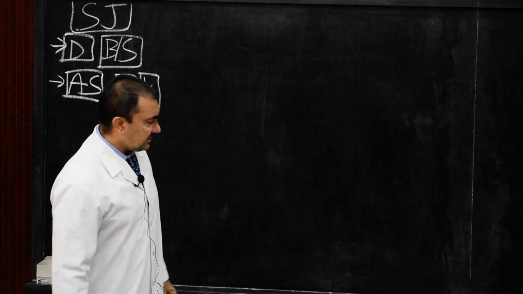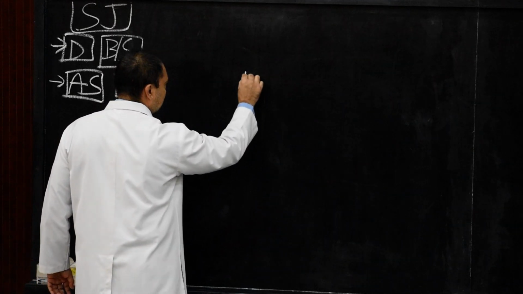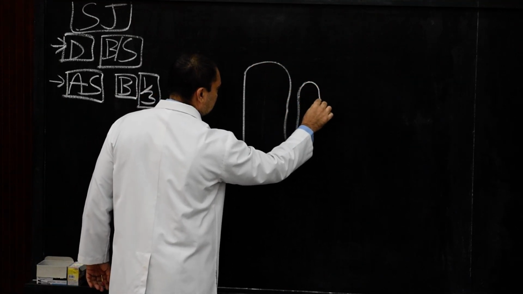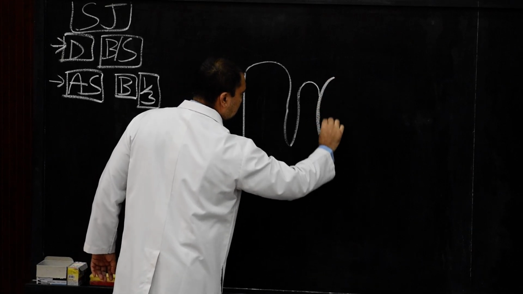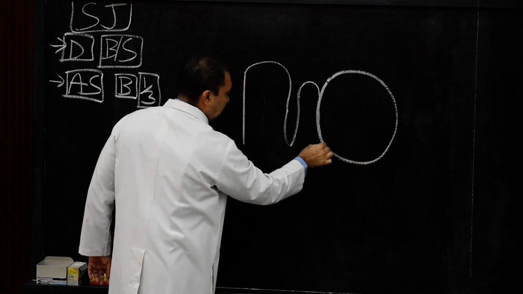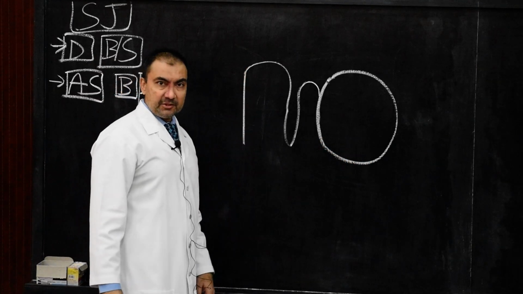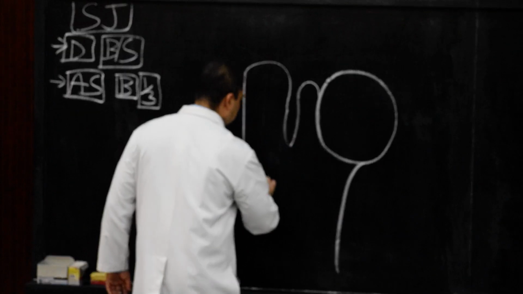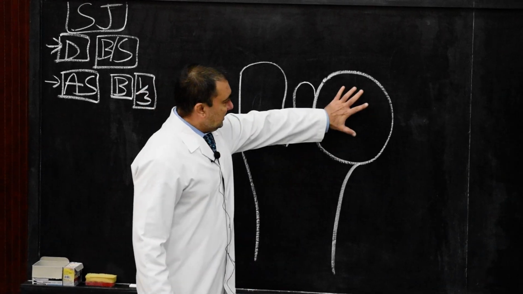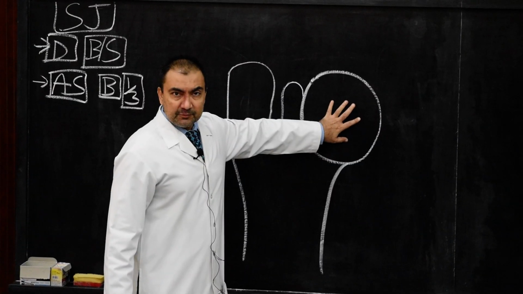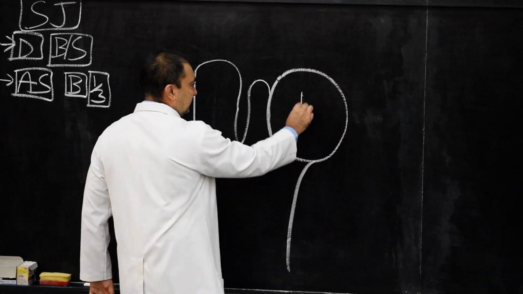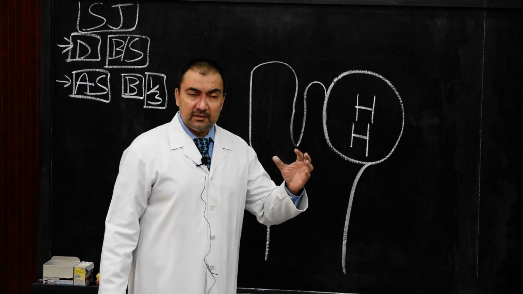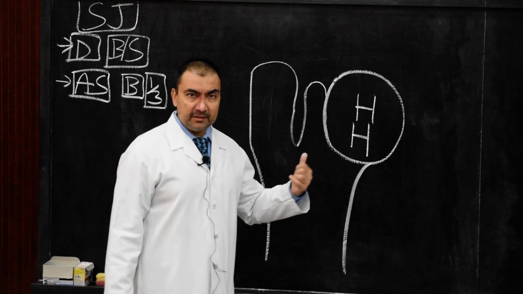Now this head of humerus, so if I show just the upper section, where I show the intertubercular sulcus, lesser tubercle, greater tubercle, the head of the humerus. This is a cross section. If we show this cross section in this way, this will form the head of the humerus, where the 1/3 articulating surface of the head of the humerus will form the ball segment of the ball and socket variety of shoulder joint.